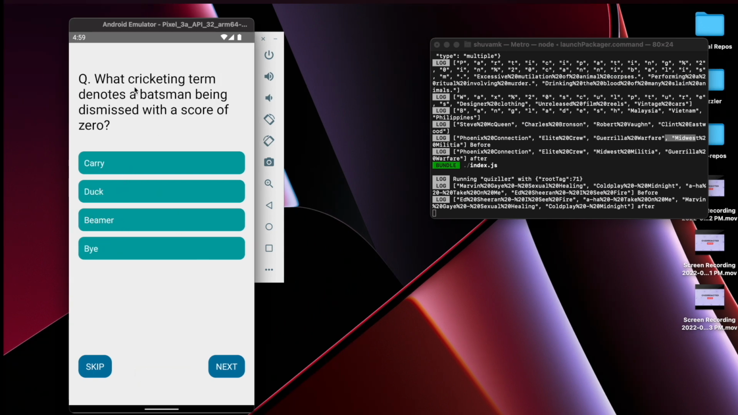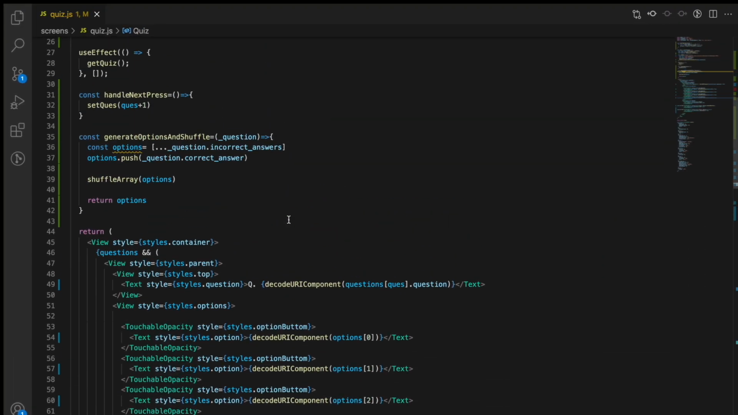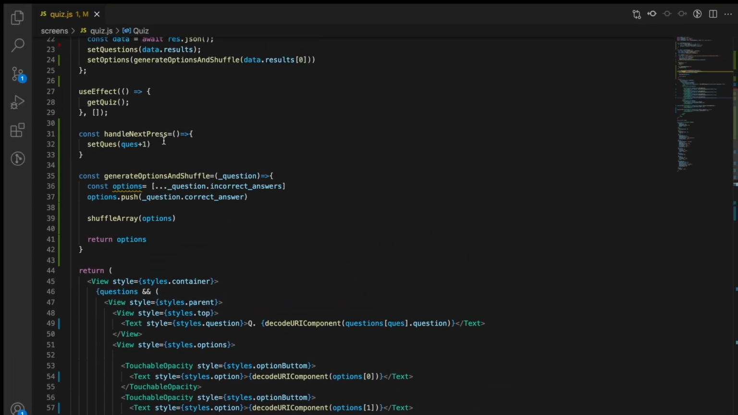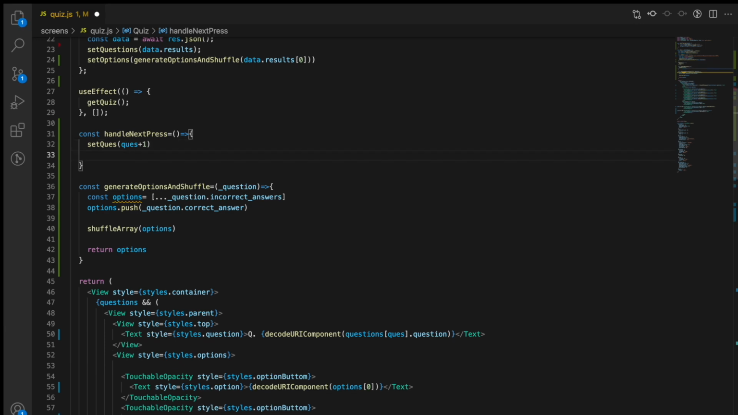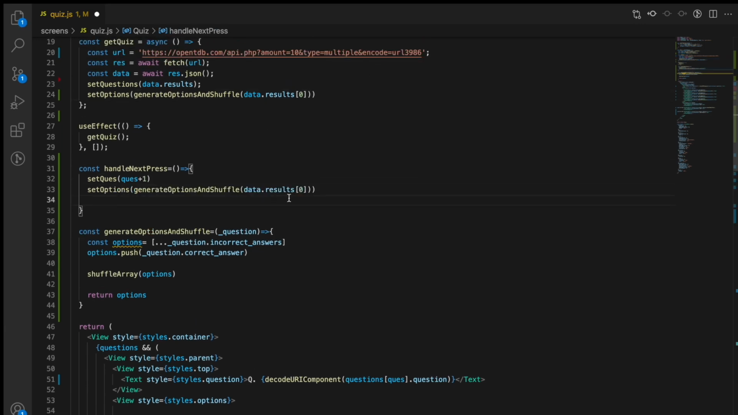The question is, what cricketing term denotes a batsman being dismissed with a score of 0? This I know, this is duck, but obviously we don't have the functionality to mark the questions correct or incorrect. But even if I go to the next question, you see the options are still the same. We have to change something here as well. Whenever we handle next press, here we will have to call this question, this particular line, and instead of this